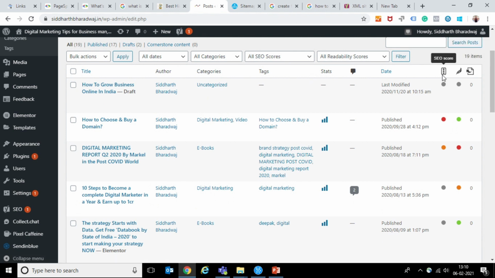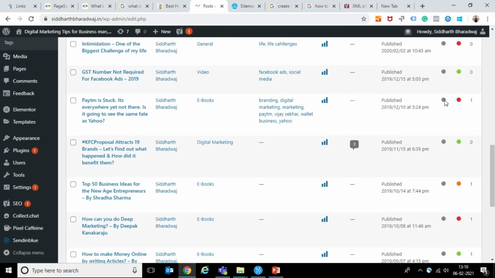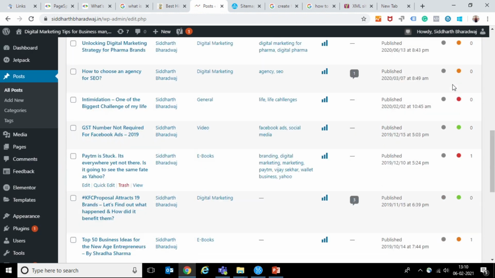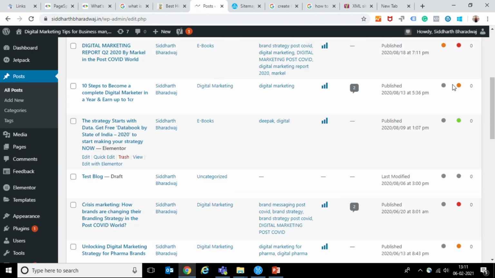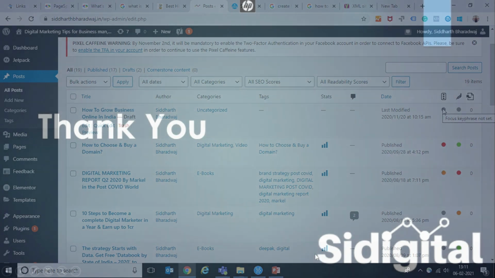If the SEO score is not green, that means your title, description, keyword tags, and other things have not been updated. So irrespective, you might be getting traffic, but it's not in the best condition right now, right? Try to make both green as much as possible so that you are at par as far as the SEO aspect is concerned. Otherwise, you might be writing a lot of content, but you might not be optimizing it, right?